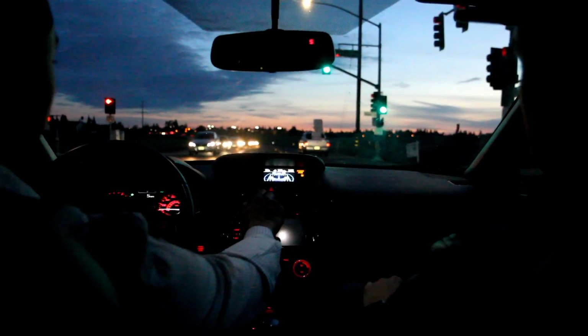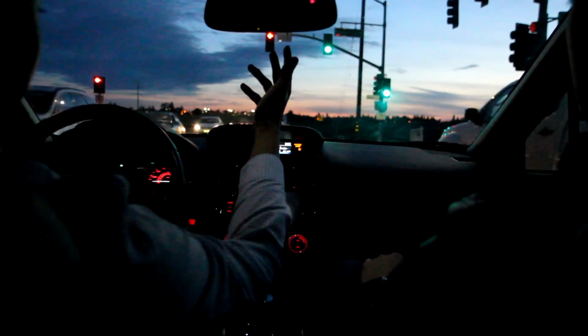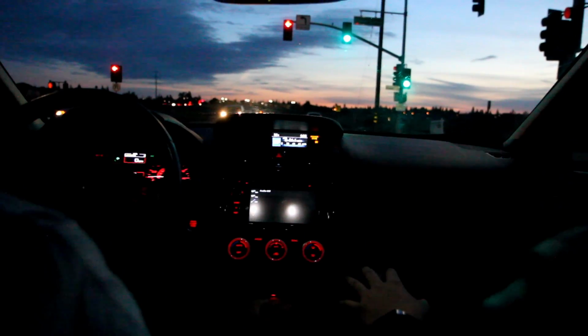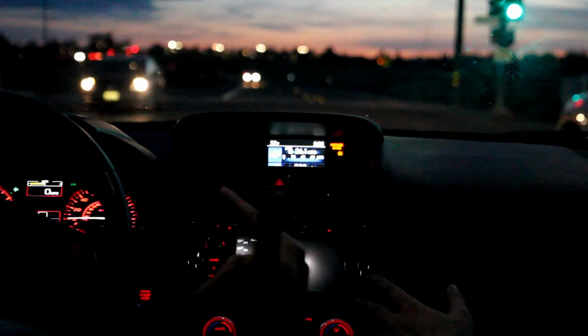And are you getting good fuel efficiency out of it? 26 miles per gallon. Are you serious? Yeah, so the difference between a stock and some people say you get better MPG. We're pushing it pretty hard and we're still getting pretty good MPG. 26.1 right there. So is that from the strip alone or just an average out of your last